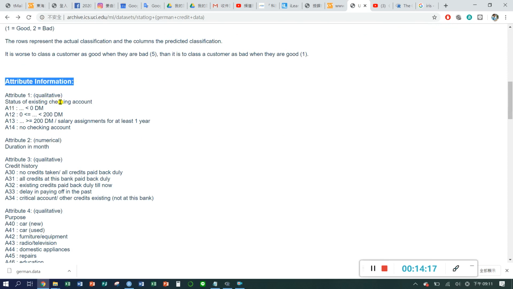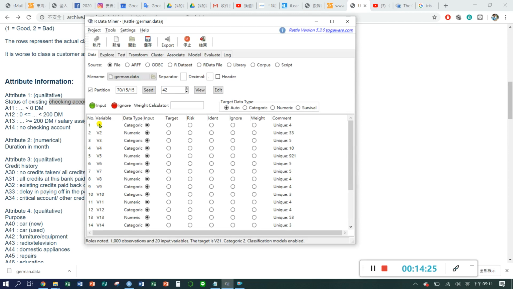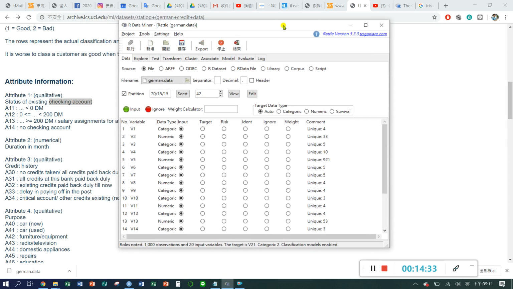So you may change the first attribute to checking account. So you may have the variable here, checking account, but not with a space. Okay, and I have mentioned last time,